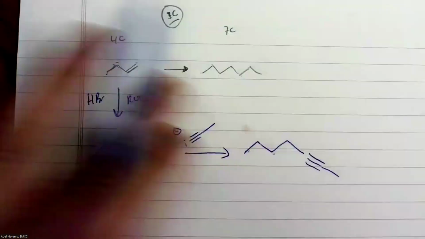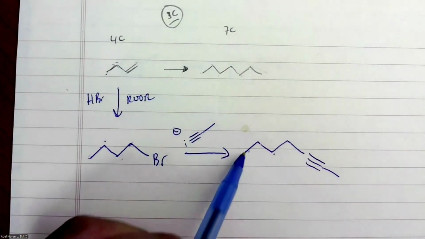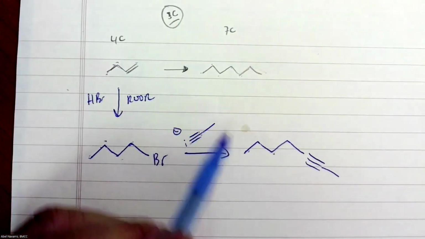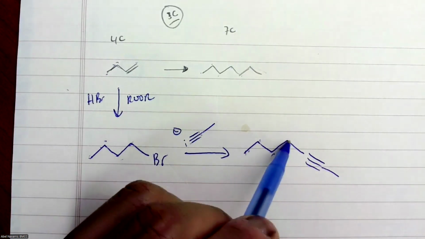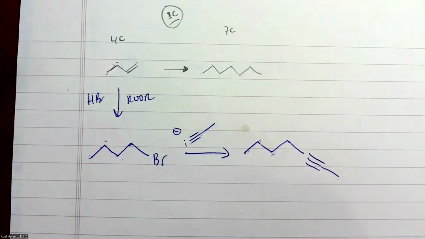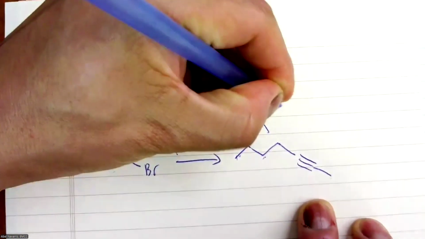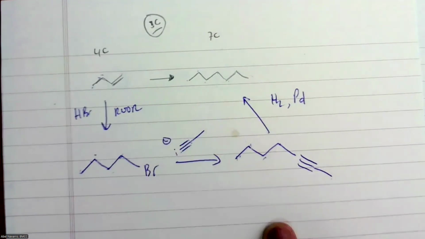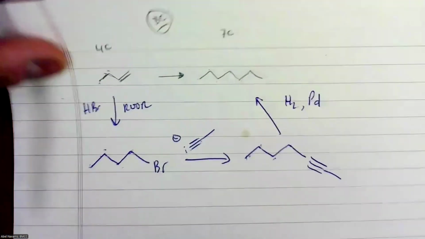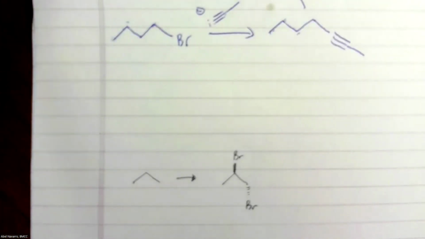1, 2, 3, 4, 1, 2, 3, 4. Okay. 1, 2, 3, 4, 1, 2, 3, 4, 5, 6, 7. 1, 2, 3, 4, 5, 6, 7. Yes. And then to go from this alkyne to the single bond, I just use hydrogen and palladium, and it gets fully reduced. Okay. So for the next one, so we have here